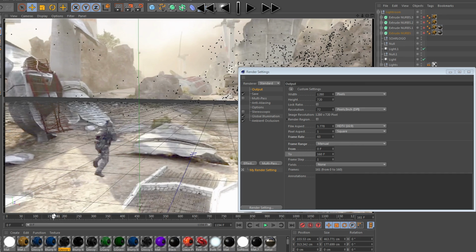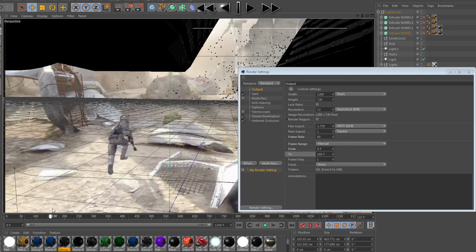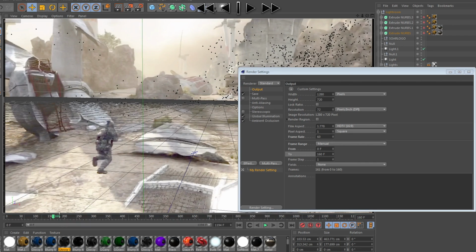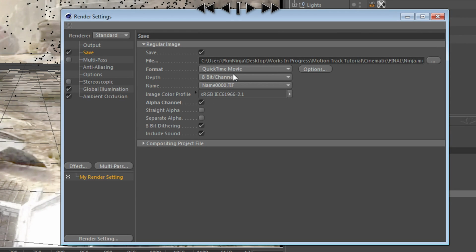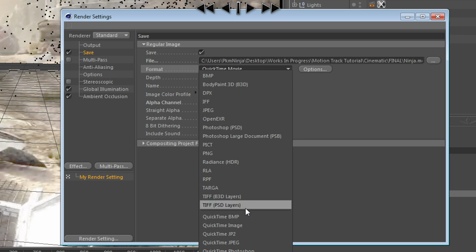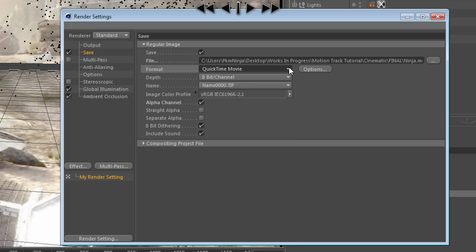and at frame 160 you don't even see the text anymore because it flies past it. So I changed that to 160, and in the save tab you want to change the file location to wherever you want to save it, and you want to make sure that the format is QuickTime Movie. This is important because it's the best format, and it also uses the alpha channel, which you also want to enable. And alpha channel is really important because whenever you composite your text in After Effects,